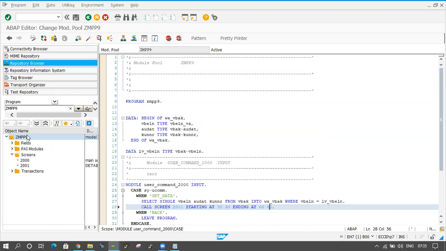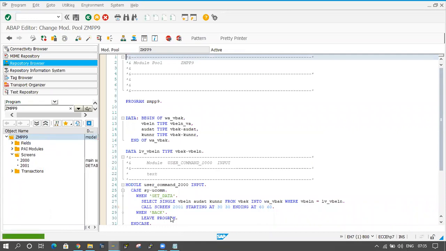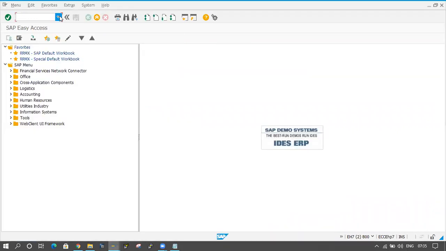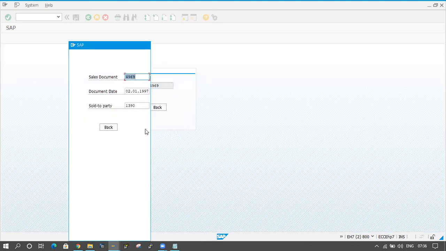Double click on the main program, right click and activate it. Program is activated. One more time I will execute the program. Click on get data. So it's coming like this.